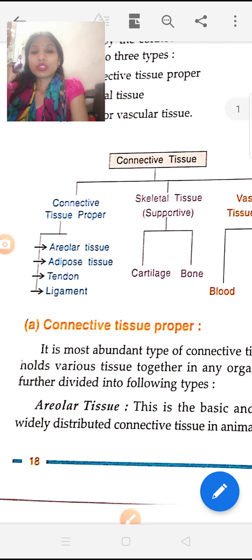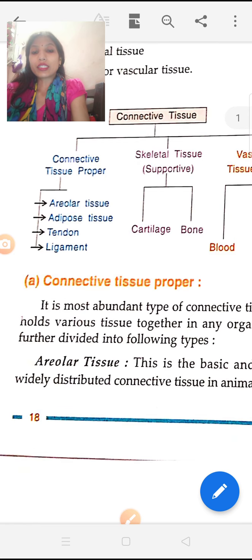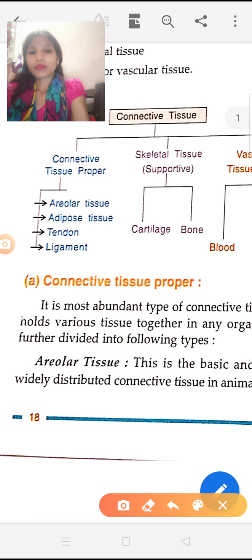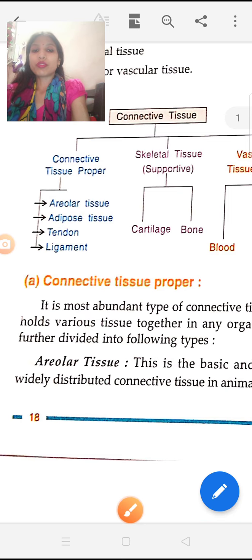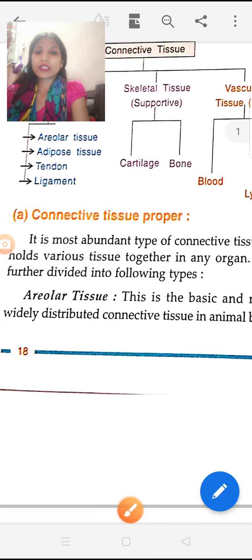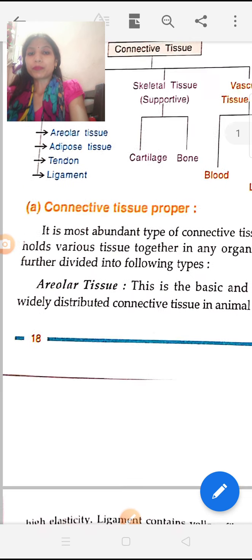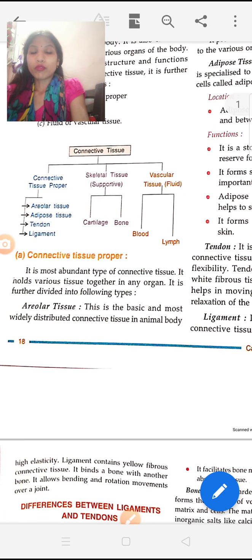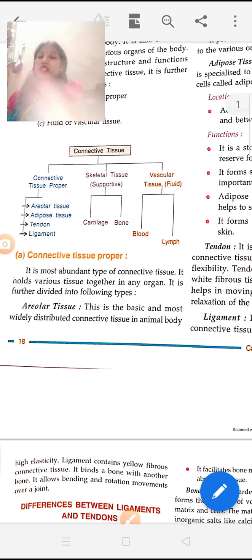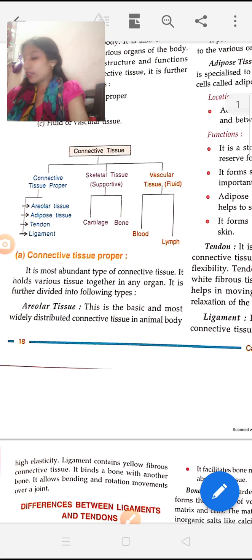The connective tissue proper is again categorized into four categories. One is the areolar tissue. Second is the adipose tissue. Third is the tendon, and fourth is the ligament, right? So first we will discuss the connective tissue proper. What is the connective tissue proper? First of all, it is the part of